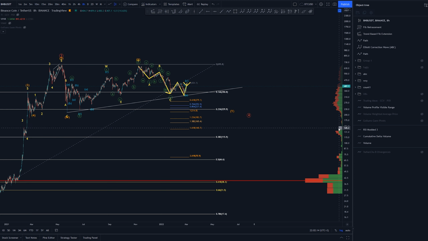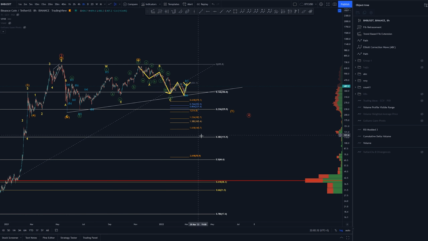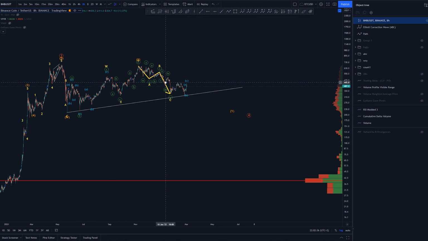Now there's a bit more volume here, which is likely the place where it would stop. Also the 382 is here. The 236 is also a common place where the fourth might retrace to. But yeah, that is the projection for that